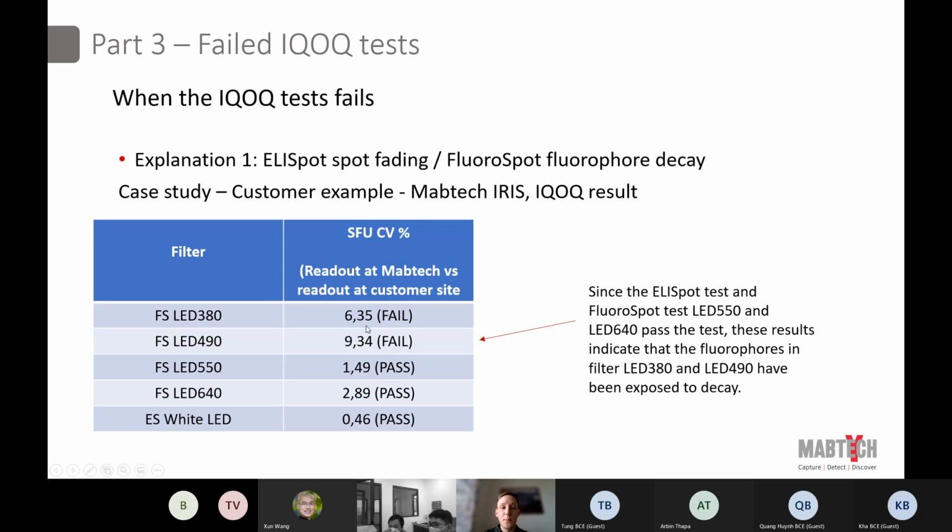So this is just an example to give you an idea about cases where we have seen more of a decay profile. Here nothing was wrong with the instrument, but we had a decay of the fluorophores used in the blue filter and in the green filter. And then you can often see that several of the filters are passing like this. So this indicates that nothing is really wrong with the machine, but then you have some of the tests failing, and it's because those fluorophores have become a little bit unstable, and then